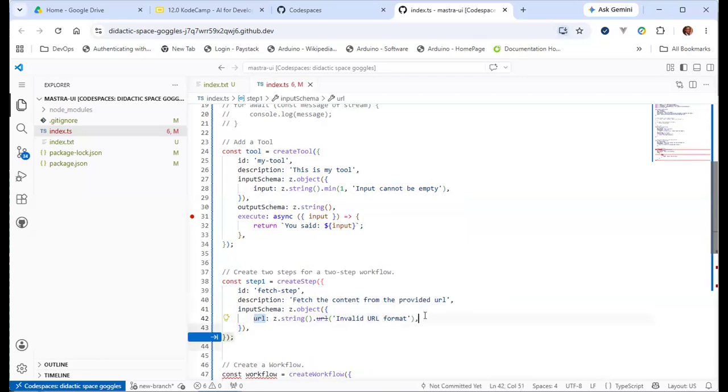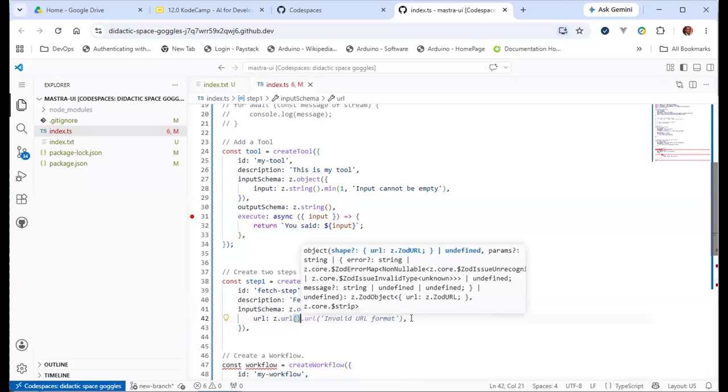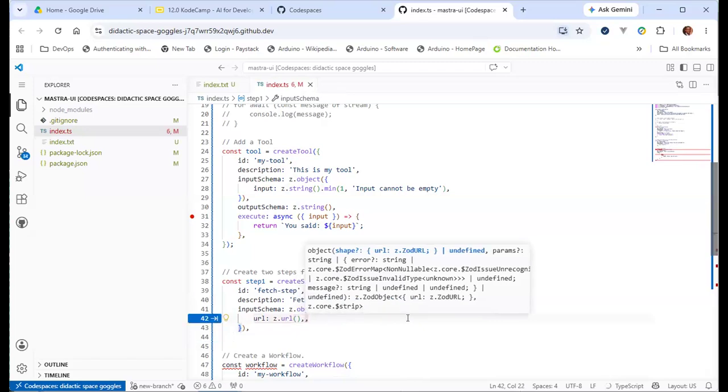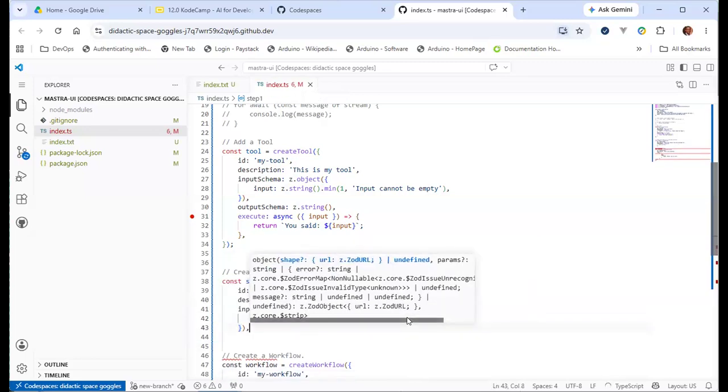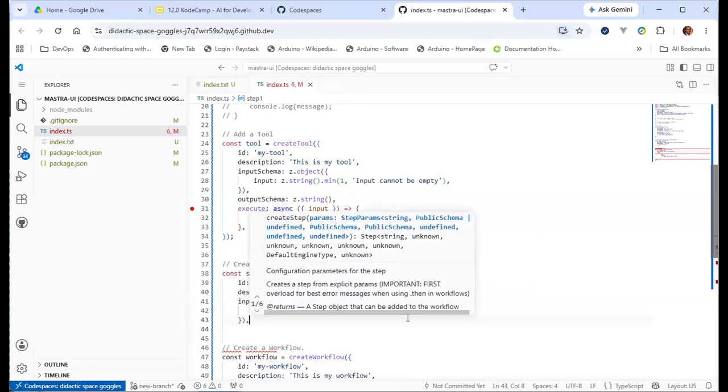Let's just say Zod dot URL, since Zod has a URL type. You could add other things like timeout and all of that, but let's just keep going.